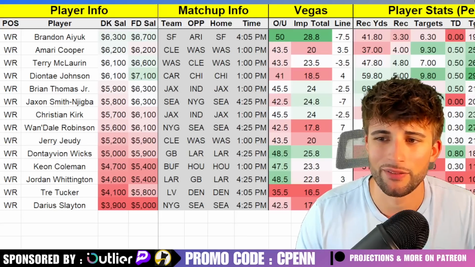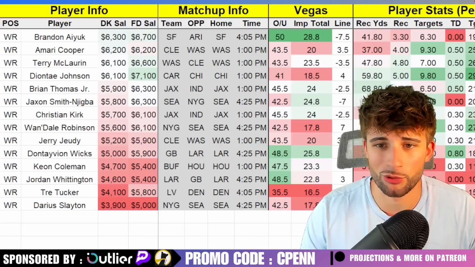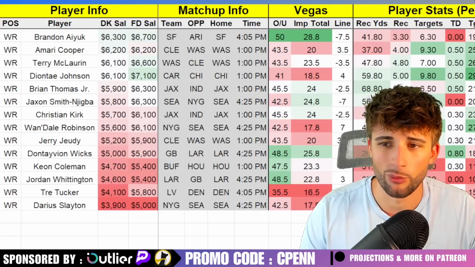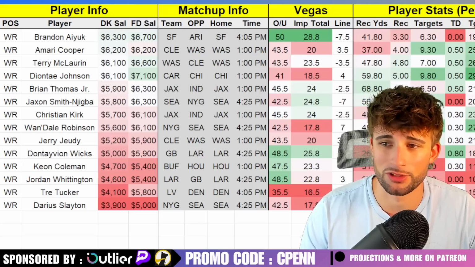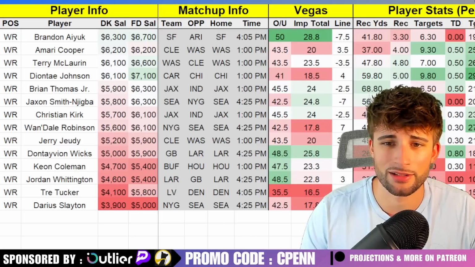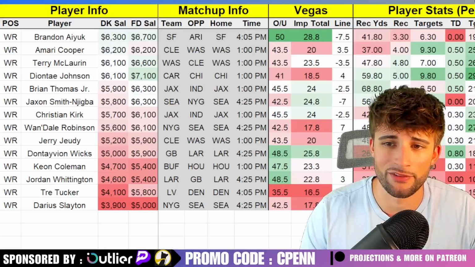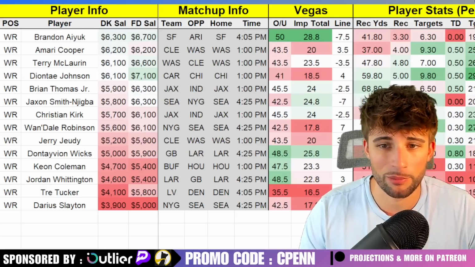So, I haven't had much time for ownership to sit on it yet. But before that, Jordan Whittington was my highest projected wide receiver in terms of ownership. Great value play. We should see close to 8-ish targets in this game. They should be trailing versus the Green Bay Packers. High total here, so I don't think there's really any reason not to like Jordan Whittington. I know the Rams offense isn't the most exciting thing in the world, but dollar-per-dollar wise, he does